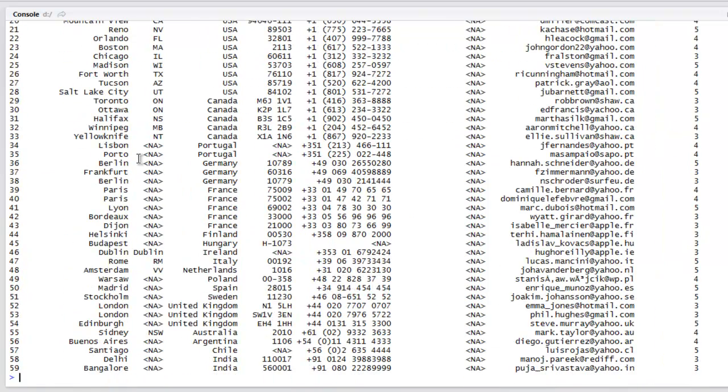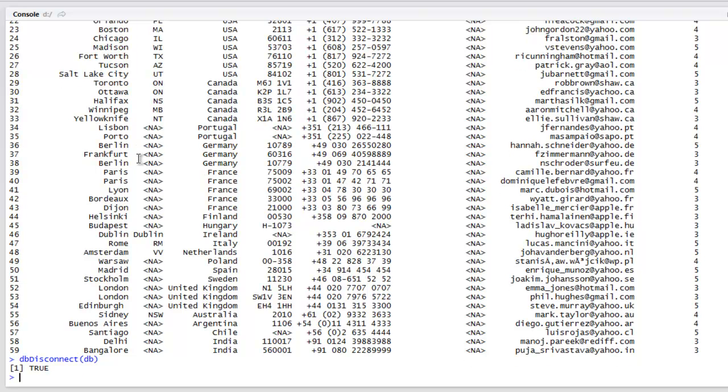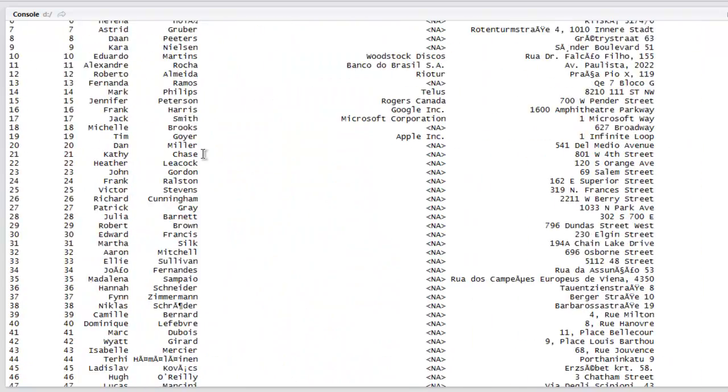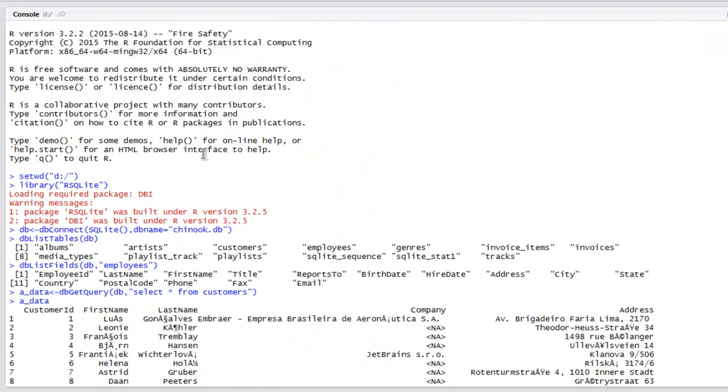Okay, now that our work for that table is completed, I don't want to work on database anymore. In that case, I will use dbDisconnect, and here I pass on that object, so this will disconnect from that Chinook database. Okay, so this was short video on how to work with SQLite database, how to access tables,